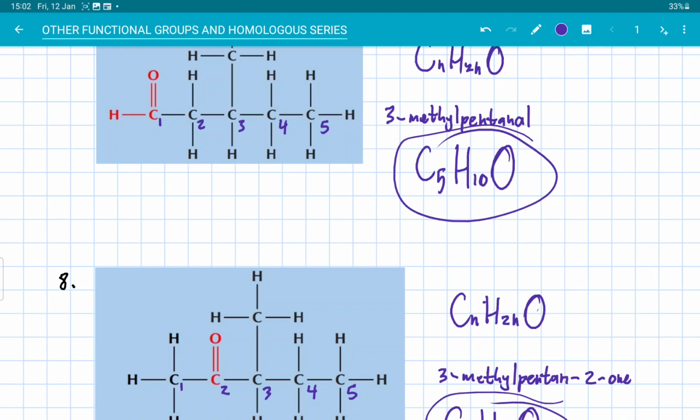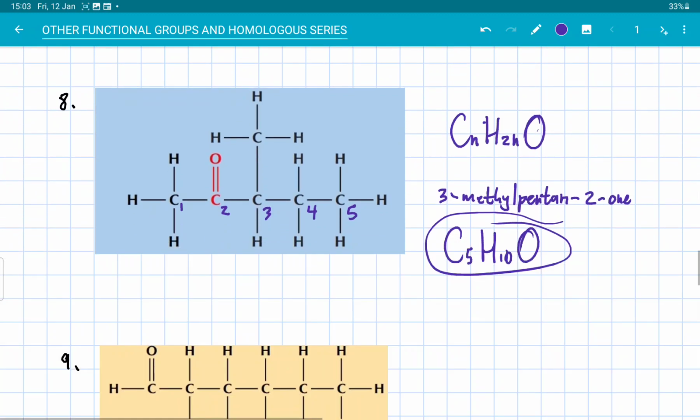But I'm not making a mistake here. Their molecular formula is the same, but they have different structural formulae. I am going to explain this in the next lesson. Anyhow,